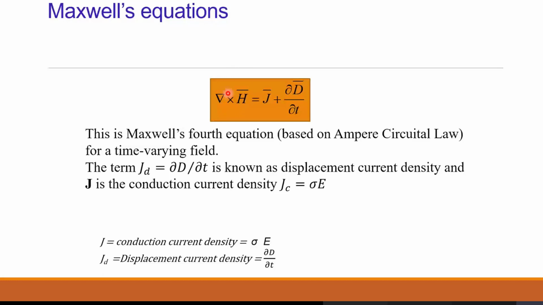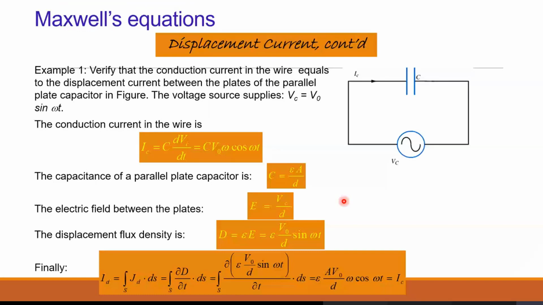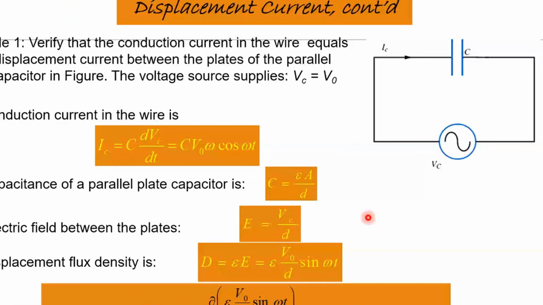So what is the displacement current? What does it mean? We have seen the conduction current. Conduction current flows continuously. Suppose there is no capacitor present here. Consider this circuit to explain what is the quantity of displacement current. Conduction current means continuous current. If a capacitor is not present, whatever current the source will send is called conduction current, right? And that depends upon that conduction current.